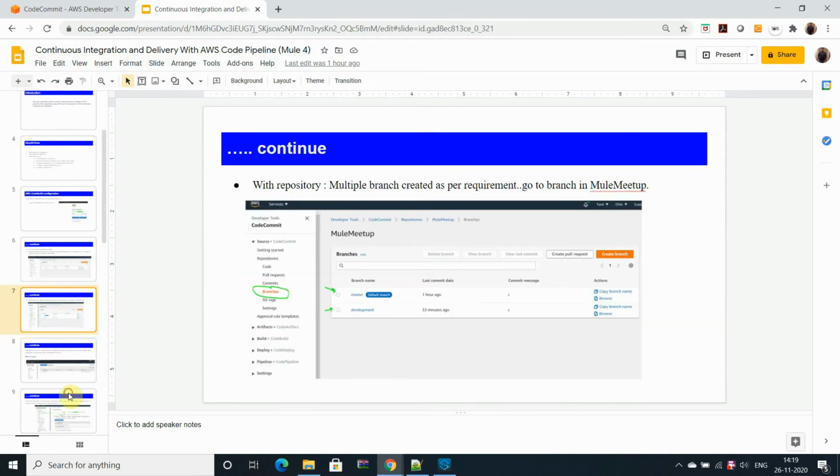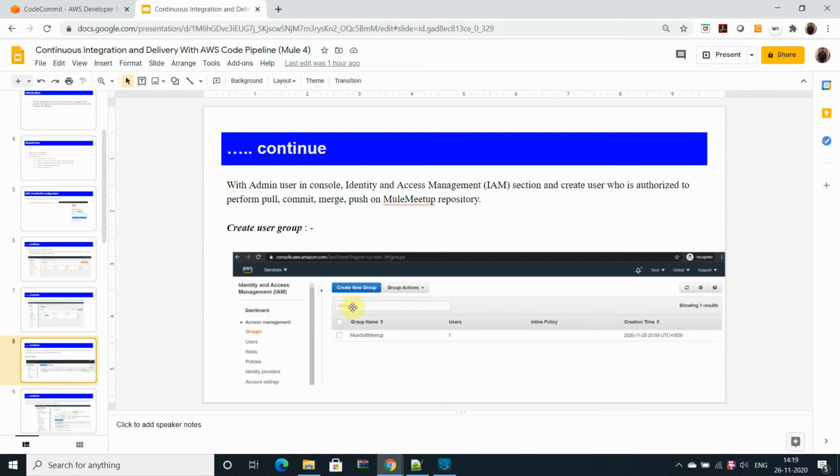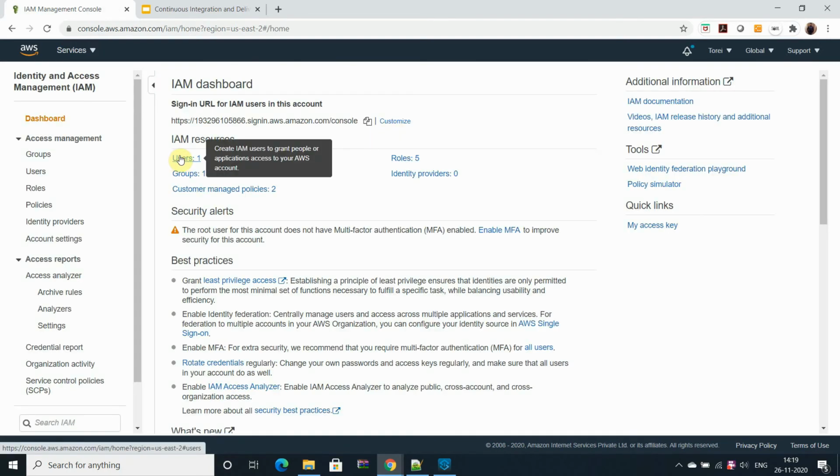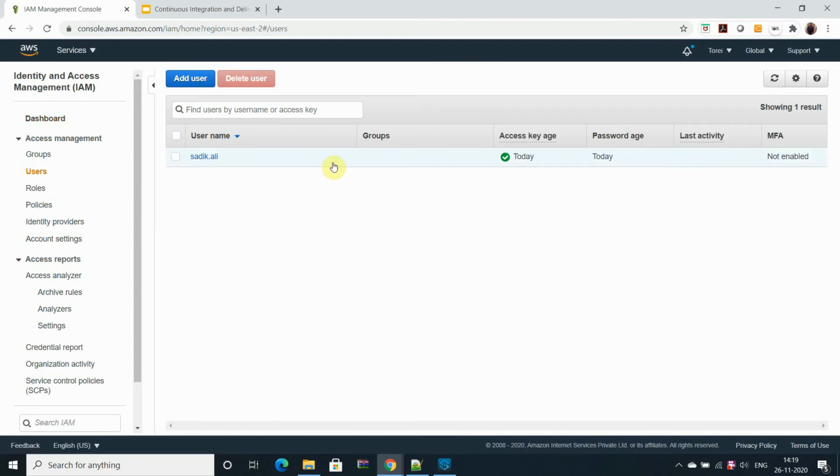Then I have to go to the IAM section of the AWS platform to create a user and a group, and assign the user into the group. That user will have access, and I have to assign the roles to the user that can perform operations on the repository which I just created a few moments back.